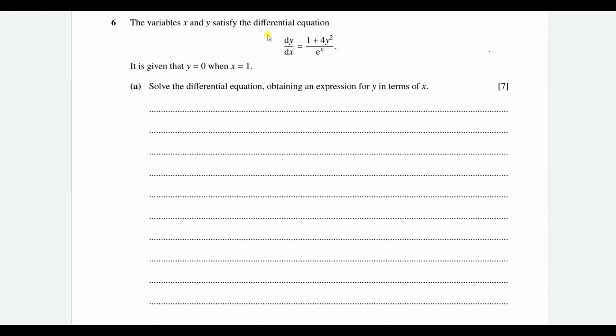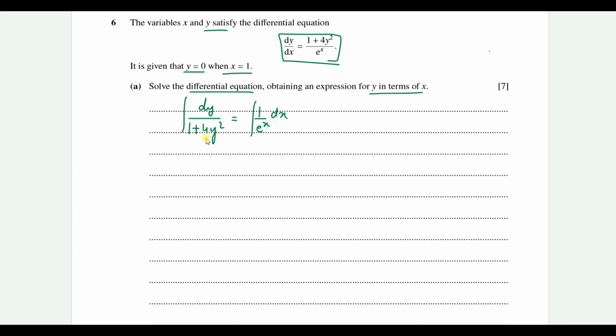Question number 6: the variables x and y satisfy the differential equation given. It is given that y is equal to 0 when x is equal to 1. We need to solve the differential equation, obtaining an expression for y in terms of x. First we start with the given equation, and by cross multiplication we can write it as 1 plus 4y square is equal to 1 over e to the power x dx,